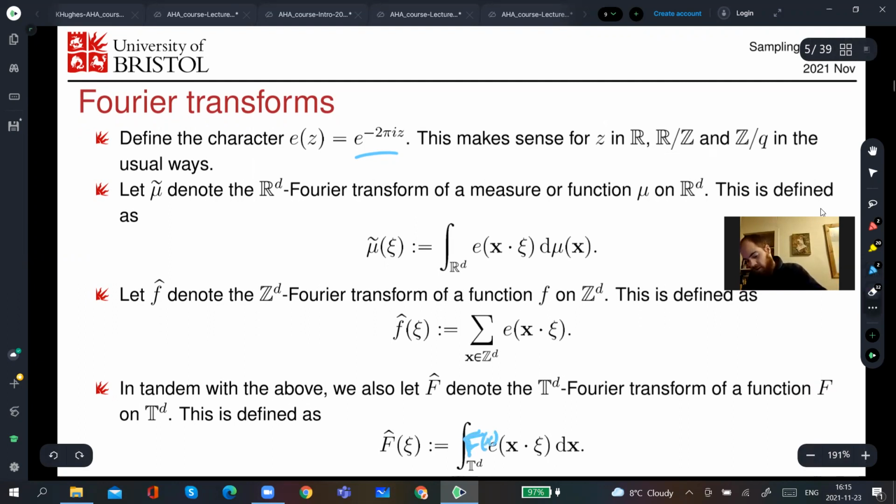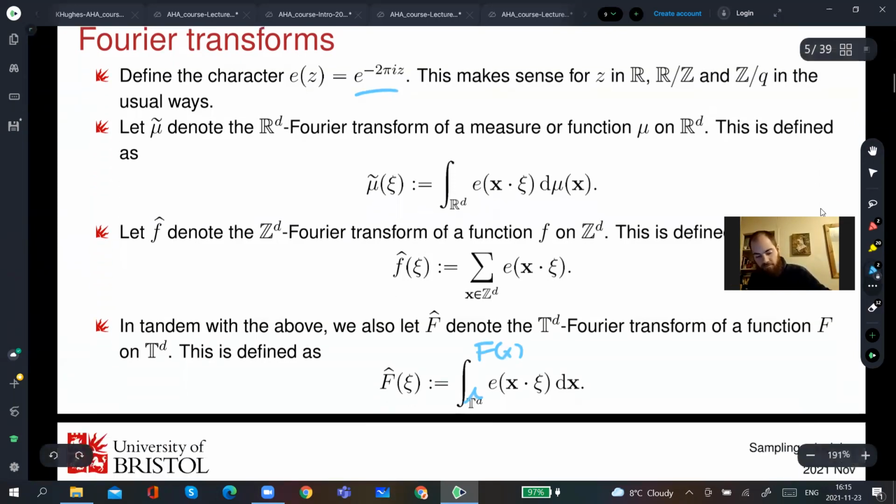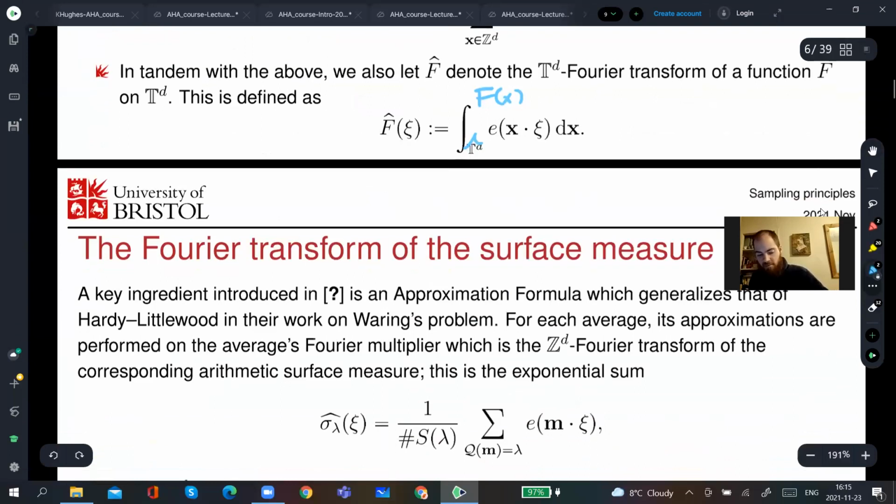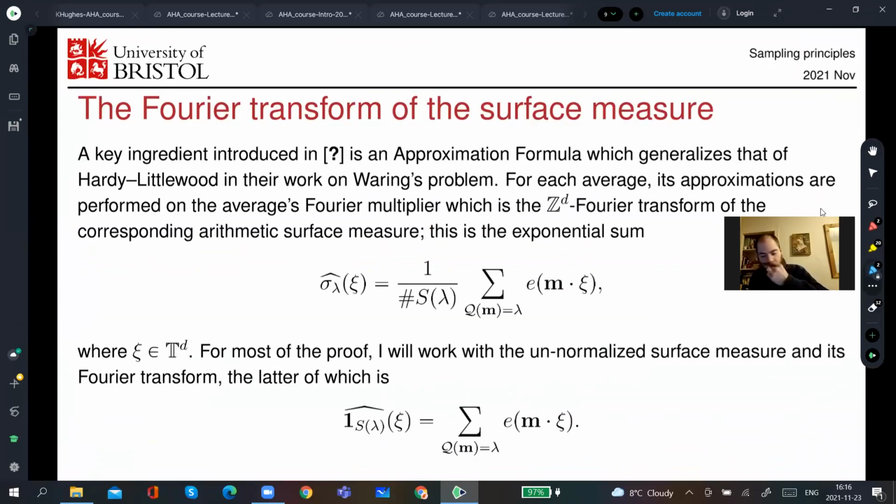Let me draw that a little better. So inside of here, it should have had f of x, where f is a periodic function, one periodic function, and so that is well defined. Great. So one of the key steps in the Magyar-Stein-Wainger theorem is going to be an approximation formula for